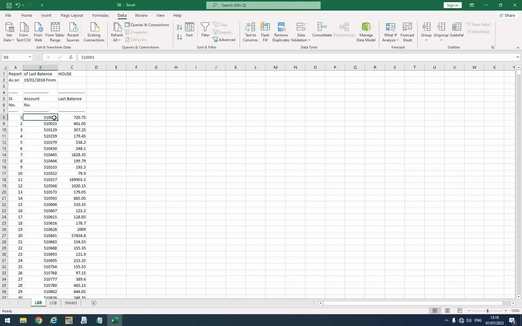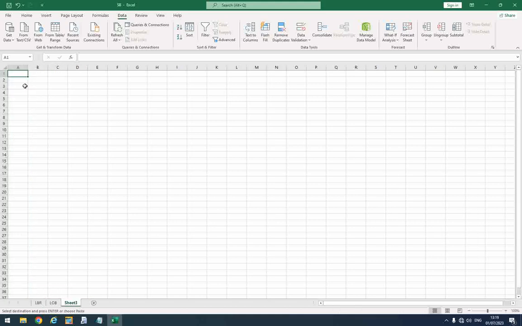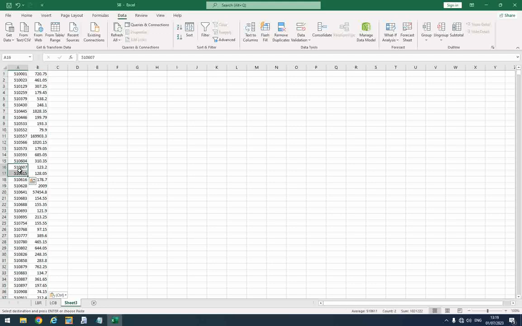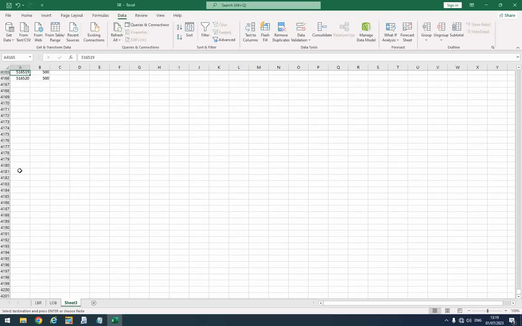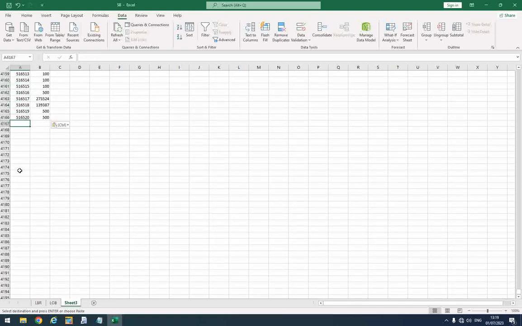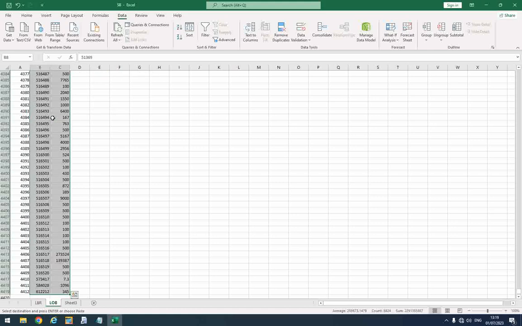So simply select the account number and last balance. Use the mouse pointer to select the two cells and press Shift Control and Down Arrow to select the entire range. Copy this from here and paste it into the sheet 3 blank Excel sheet. So go to the bottom of the list. I have used Control and Down Arrow to jump to the bottom of the list. Now go to the list of balances sheet and do the same thing. Select the two cells and press Shift Control and Down Arrow to select the entire range